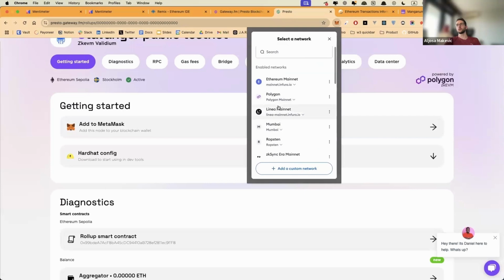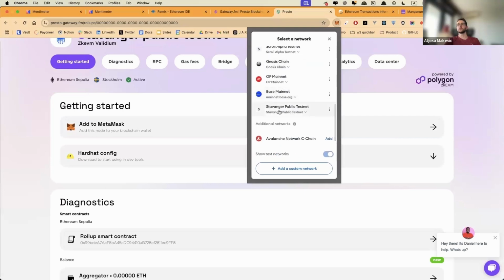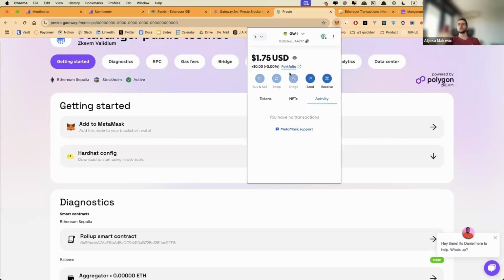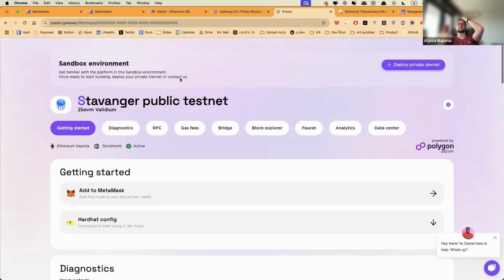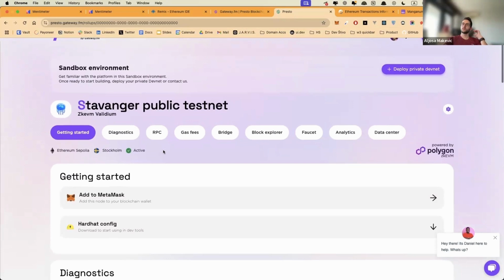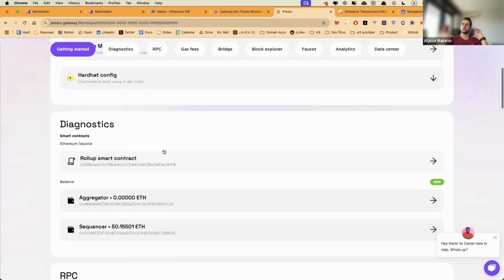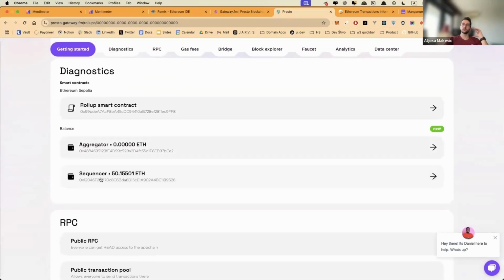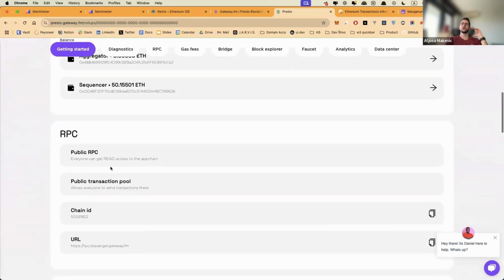You can add new ones, and Stavanger is now here. Stavanger is a public chain that has its own aggregator, sequencer, everything we talked about, its own RPC, so you can through that be in communication with the chain without actually being a node and having to give your infrastructure.